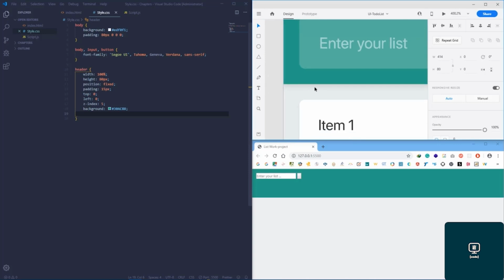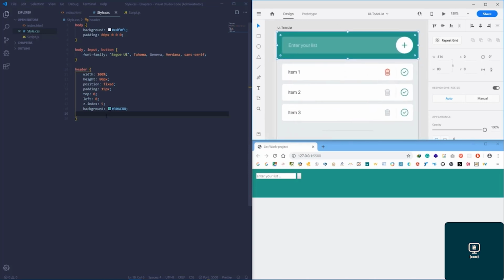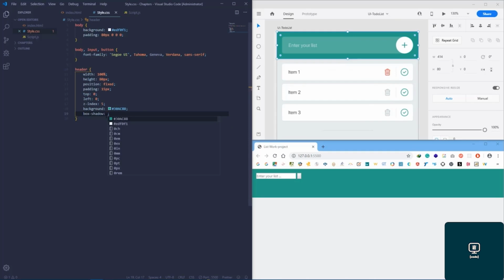Okay, there is a shadow. Now based on the shadow, we are going to give it the values. I say box shadow. As soon as I give it the box, let's see what it provides me. I say the value. Okay, we have 3 parameters: the darkness, the extension,